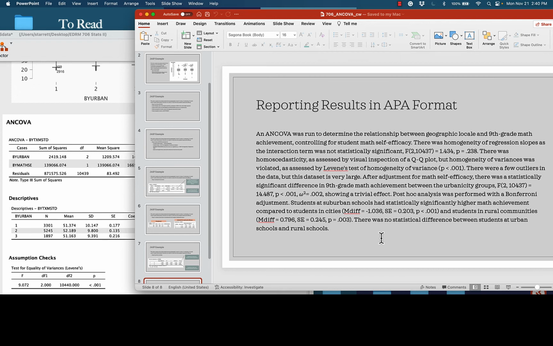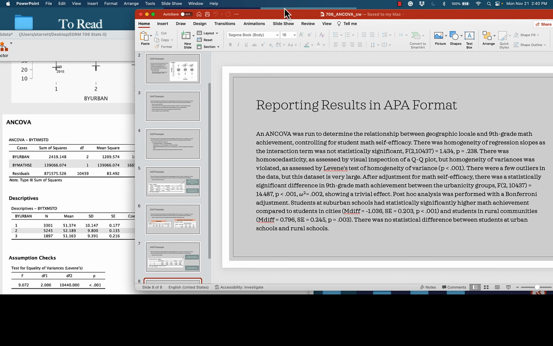There was homoscedasticity as assessed by visual inspection of a QQ plot, but homogeneity of variances was violated as assessed by Levene's test of homogeneity of variance. And again, those p-values were less than 0.001. There were a few outliers in the data, but this data set is very large. After adjustment for math self-efficacy, there was a statistically significant difference in 9th grade math achievement between the urbanicity groups,